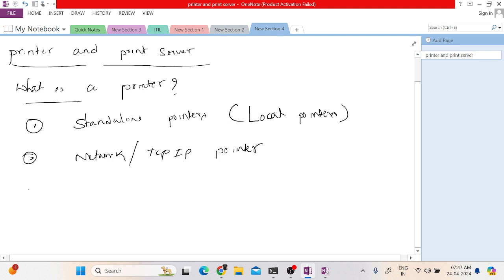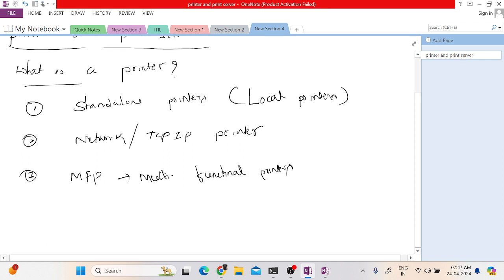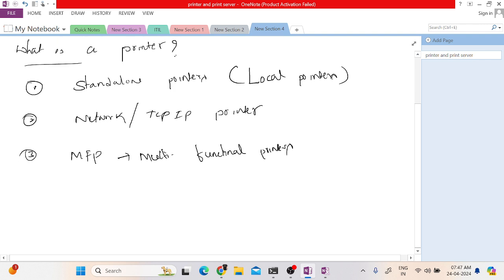And the third one, we have a few more printers, that is called MFPs. MFP means multifunctional printer. Multifunctional printers. Okay. So now, by looking at these statements or the types of printers, when somebody talks about